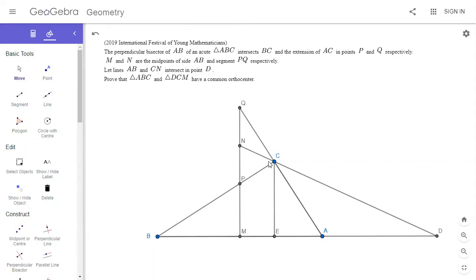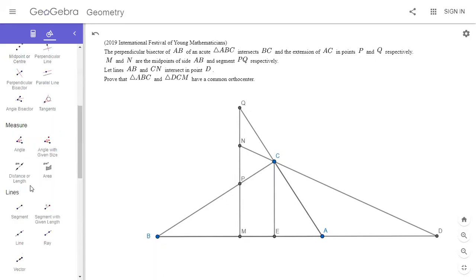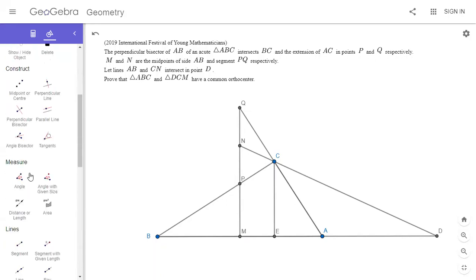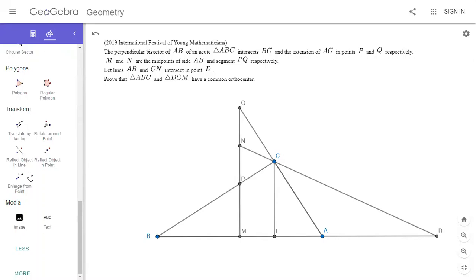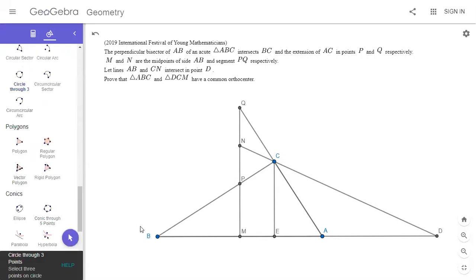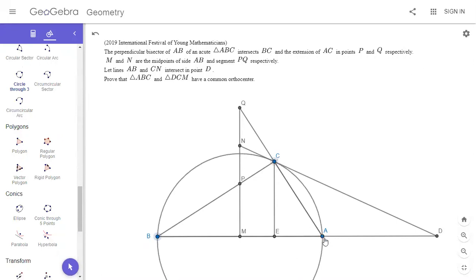So we want to show ABC and DCM have the same orthocenter, but they have the same altitude. So, I mean, really, saying they have the same orthocenter,